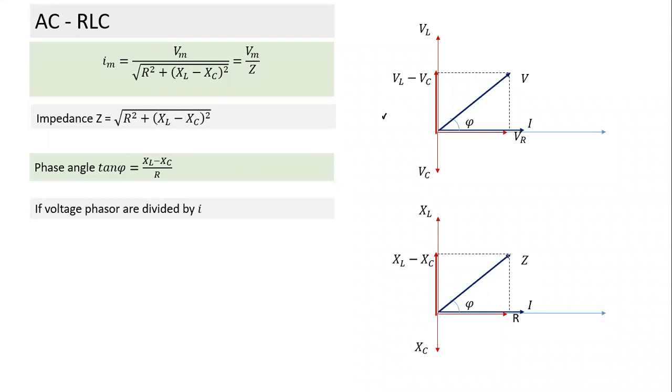So what is the circuit here? What is this hypotenuse in this case? Hypotenuse is equal to impedance Z, and this is XL minus XC. This is R. That's what we are getting here. And similar to the voltage case, the square of this is equal to the sum of these two squares. Here also the same equation is written: Z square is equal to this side square plus this side square.